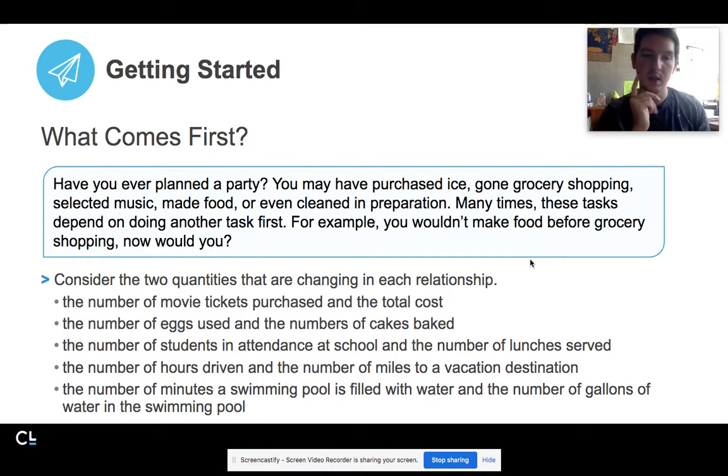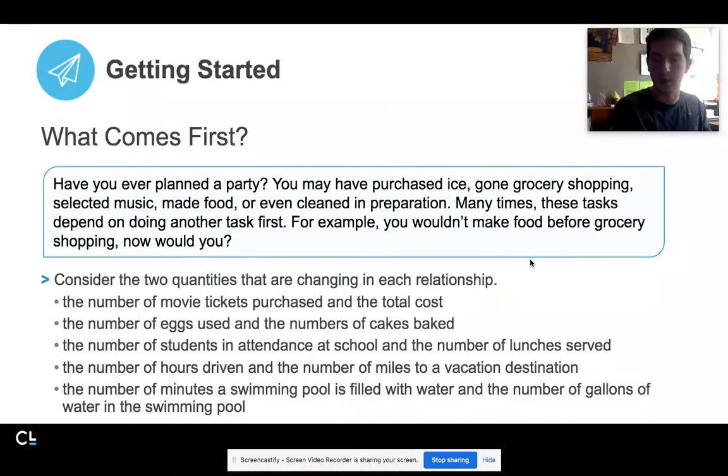I'll do one more and then you can try the last two on your own. The number of students in attendance at school and the number of lunches served. So the number of students in attendance at the school is independent, right? We can have as many kids as we want at our school, but we're going to have to feed them, right? So the number of students at the school is independent. It doesn't depend on anything. But the number of lunches we serve completely depends on how many students are at that